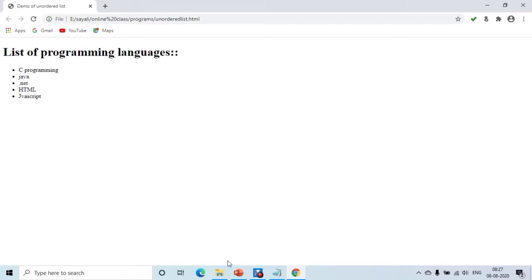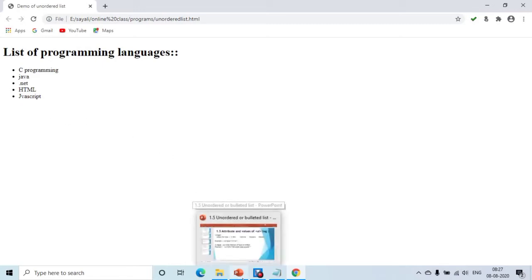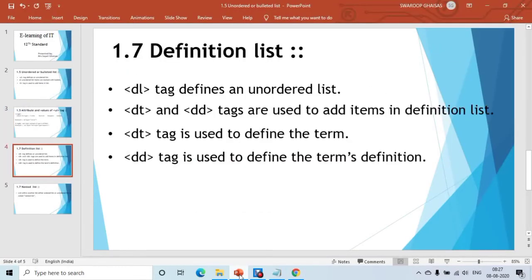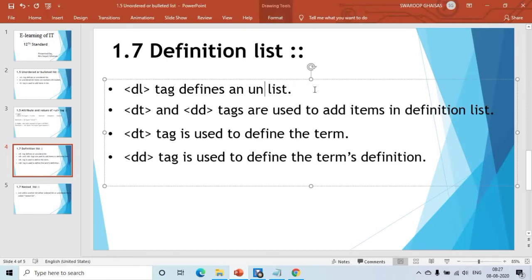Now let us move to the next list type, that is a definition list. To create a definition list, we will use the DL tag. The DL tag defines a definition list.